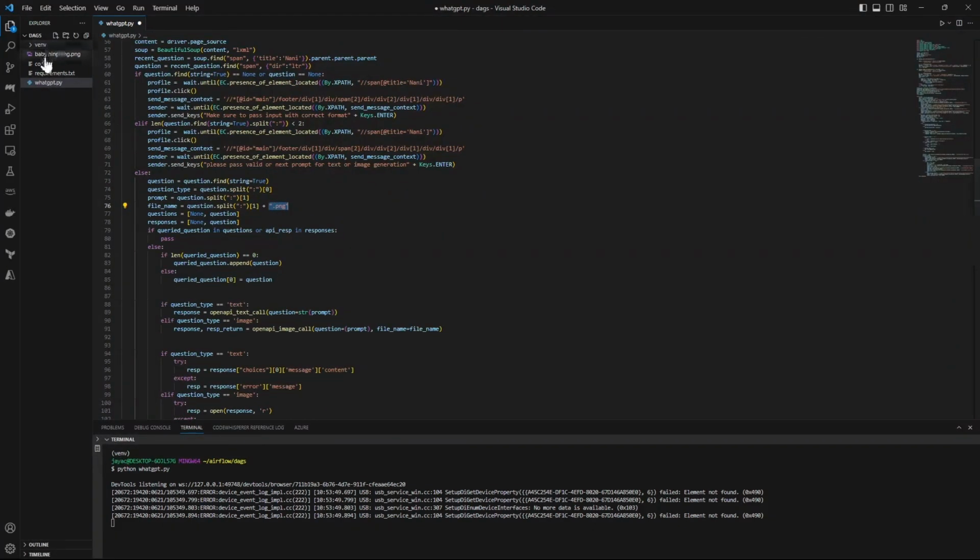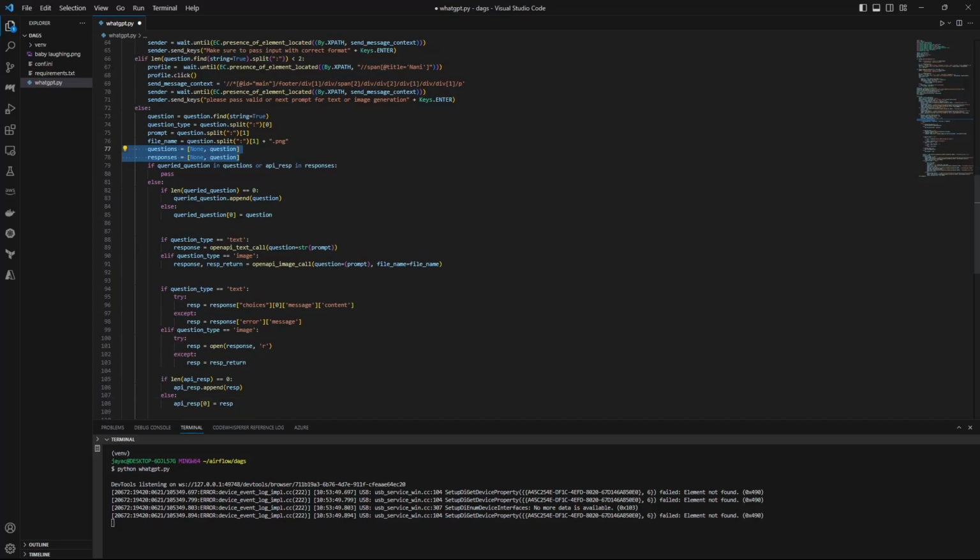As I said, this will create the prompts followed by the .png in order for us to save it as an image if the prompt is for image. And these are simple conditions that I have added so that I don't have to keep repeating what I'm passing. So this is a simple logic. If the queried question, which is nothing but,